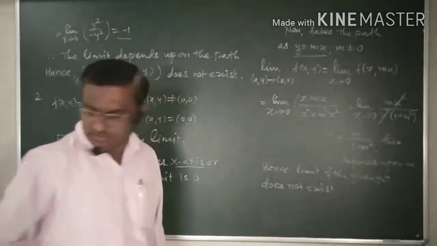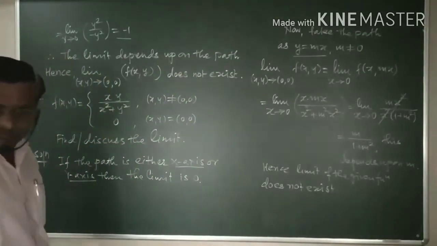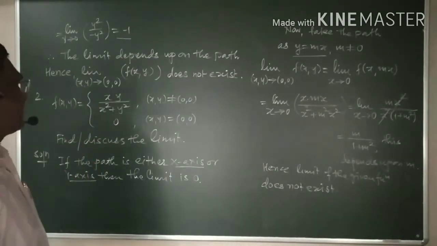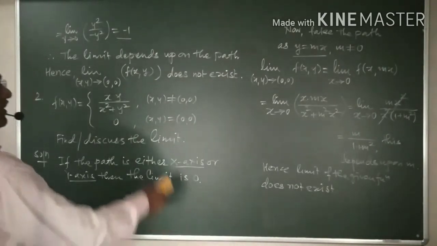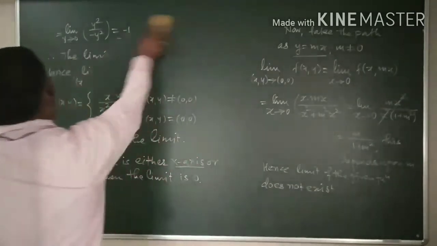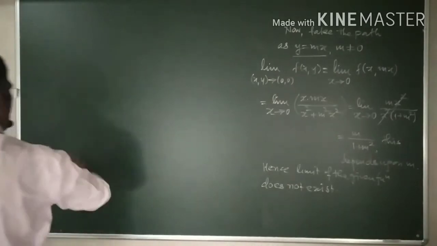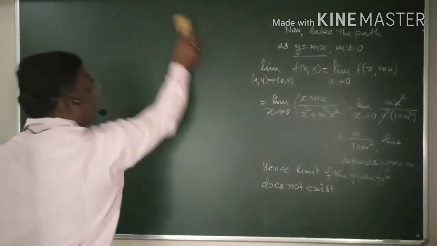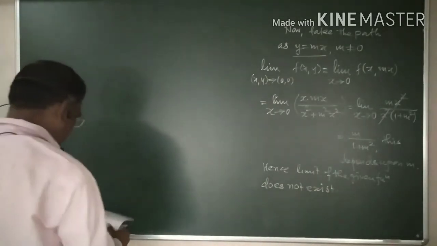Here in this case also, the limit of the given function, I mean x y upon x square plus y square, where (x, y) is not (0, 0) and it is equal to 0 if x and y both are 0, does not exist. Here we are applying the criteria of the limit of a function along a path. Now let me do another example.